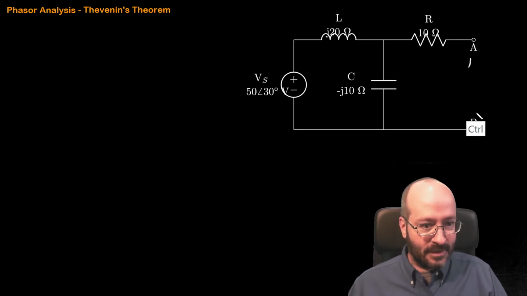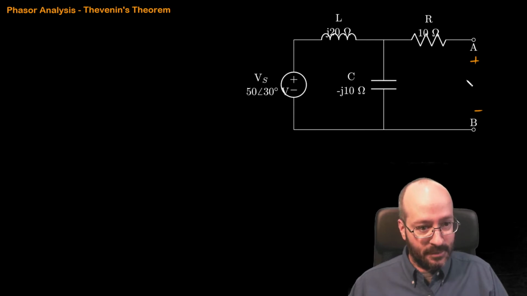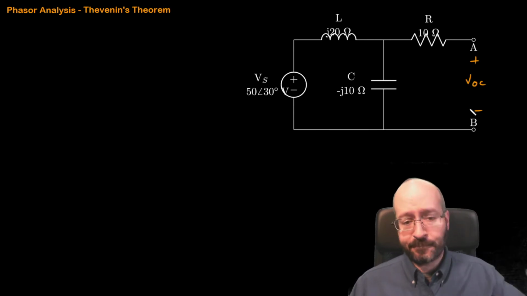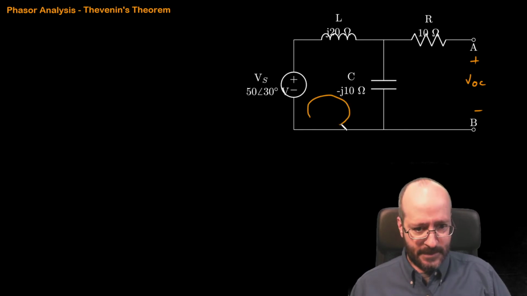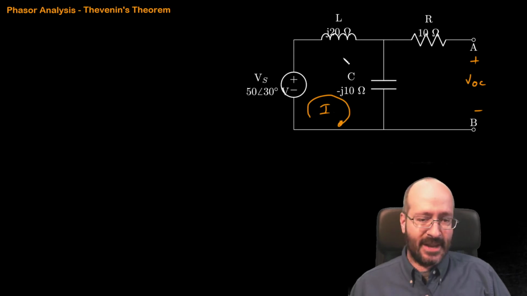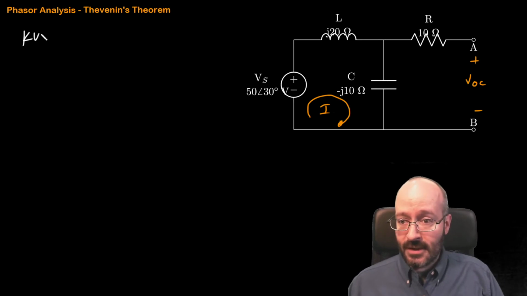So we find V open circuit here. Let me do a different color, just so it sticks out from the original problem. V open circuit. Okay, there's one mesh, so we can go ahead and do one mesh. We can call that I, and we're going to write a KVL since there's no current supply. Okay, so our KVL over here for I,